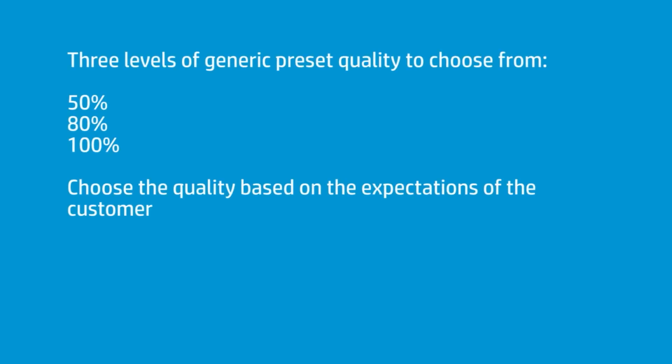So those are, in a sense, different quality, but not so much the resolution, just the amount of ink you're putting down. Now, the 100% density is going to cost more than the 80% density, which is going to cost more than the 50% density because you're using a little more ink. But it's also going to give you a little richer quality. Those are the differences there. As your speed decreases, you're able to put more ink down and your quality, your overall saturation increases. That's the relationship. So you pick the mode based on what you think your quality expectations, or more importantly, what your customer's quality expectations are. And you have 3 to choose from.